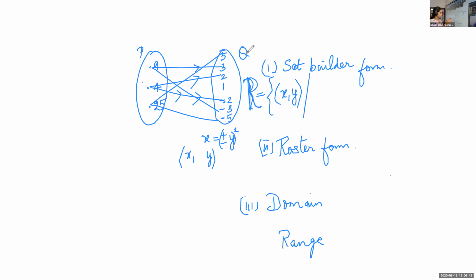What you said is correct, but why this plus or minus? That is what I am having a doubt about. No need to write plus or minus, isn't it? If I write x is equal to y square, will it be correct? Yes, no need of writing plus or minus there. The first element is the square of the second element, (x, y), where x is equal to y square.